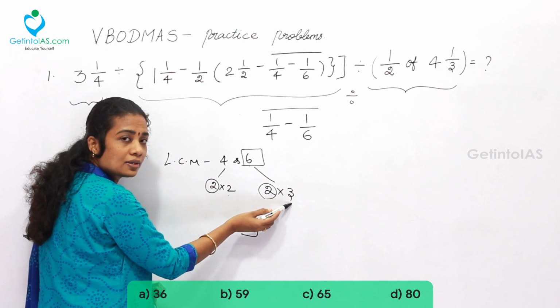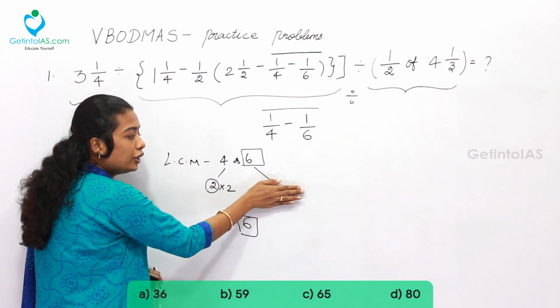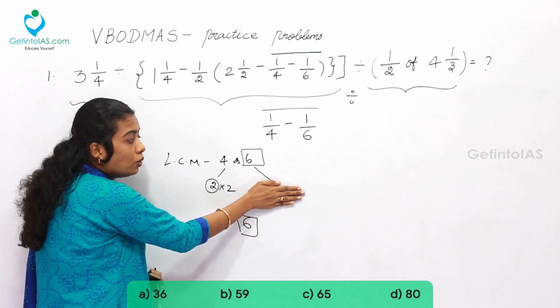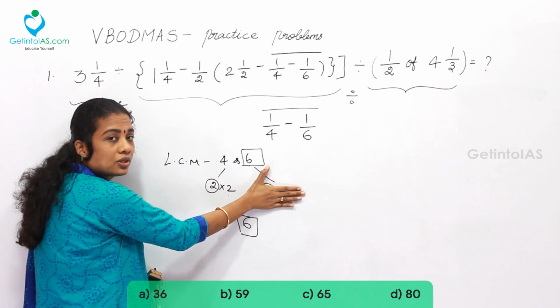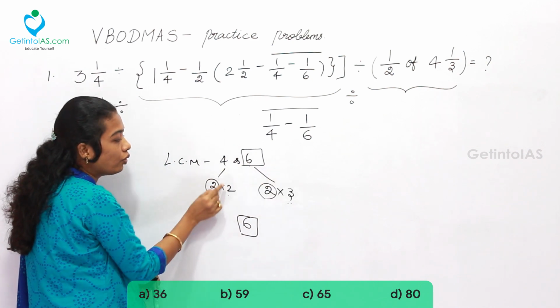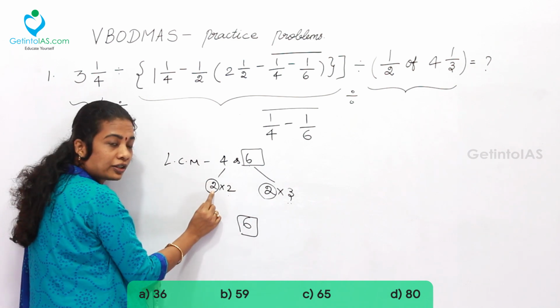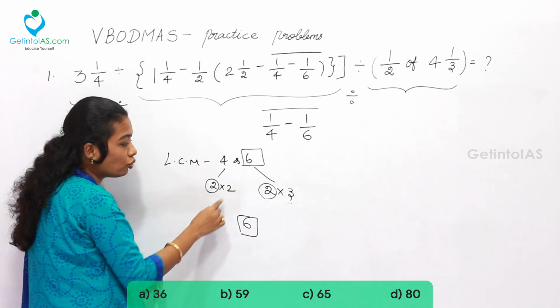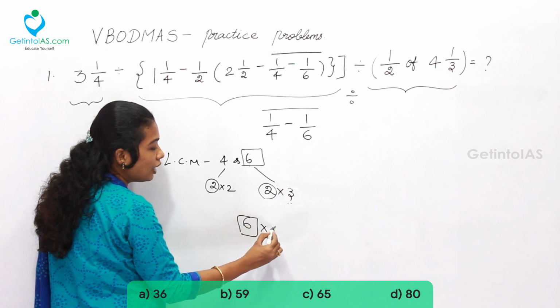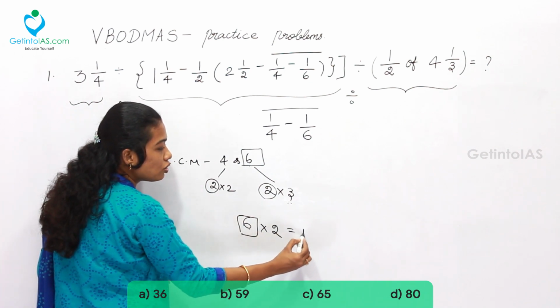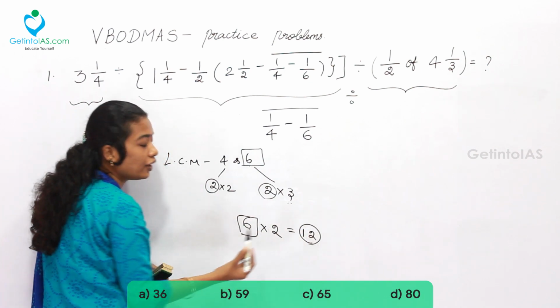So here, focusing on the largest number, that is 6. One of the parts is 3, right? So you need not take into account these values. How we got 6, you just forget it. And what is the excess value over here? After cancelling the common factors from 6, there is one extra 2. This 2 is to be multiplied. So 6 into 2, which is going to be 12.